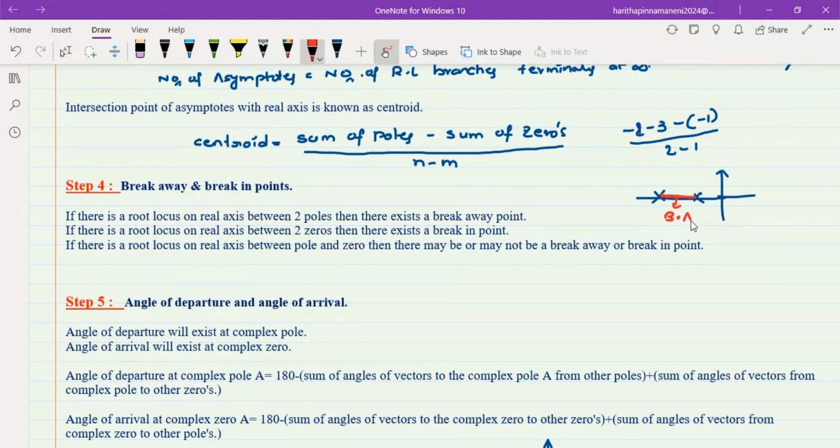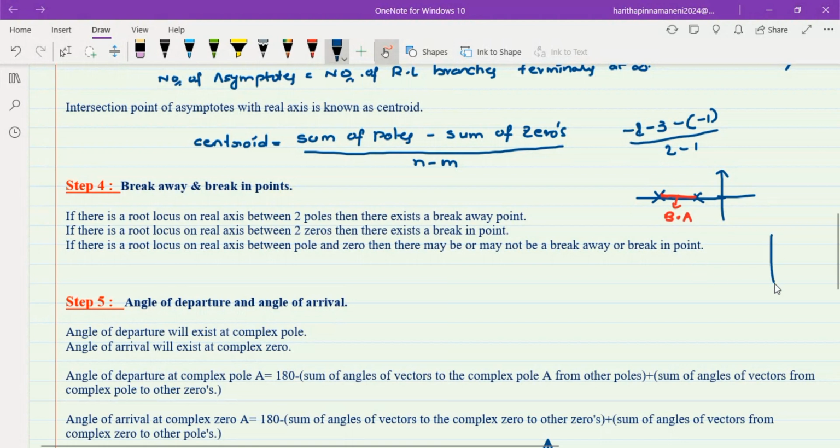So, breakaway point always exists between two poles, and between those two poles root locus must be there. If there is no root locus between the two poles, then there won't be any breakaway point. So, two poles and root locus must be between the two poles, then only breakaway point will exist. And where this break-in point exists is,